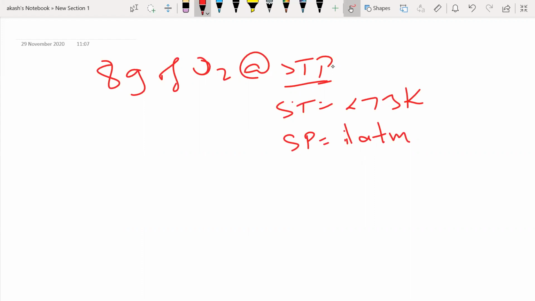Avogadro number. Absolutely, right? So now how will you define it? 1 mole of any substance at STP will have Avogadro number of particles. So for example, 1 mole of sodium means it will have 6.023 into 10 to the power 23 atoms of sodium. Same way, 1 mole of oxygen gas will have Avogadro number of oxygen molecules. It's not atoms, because O2 is a molecule. Sodium is an atom, right? So that is with respect to your Avogadro number in terms of number of particles.